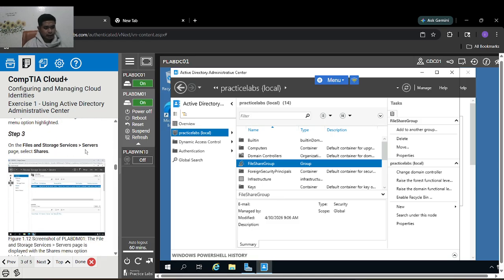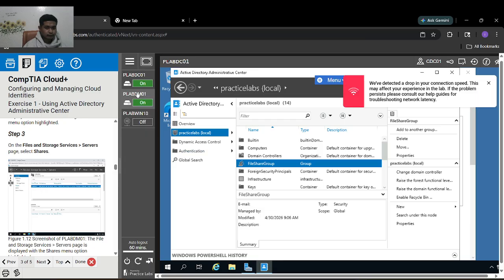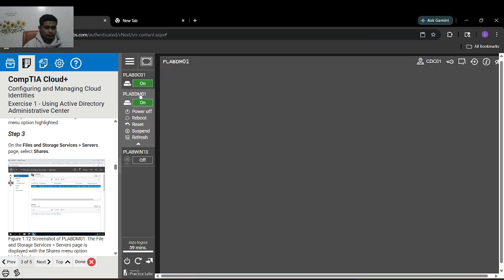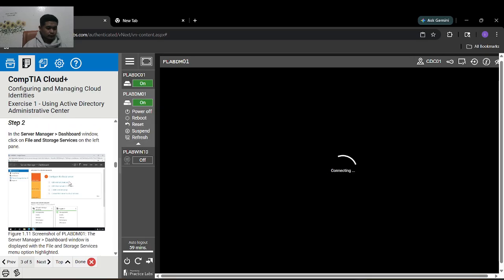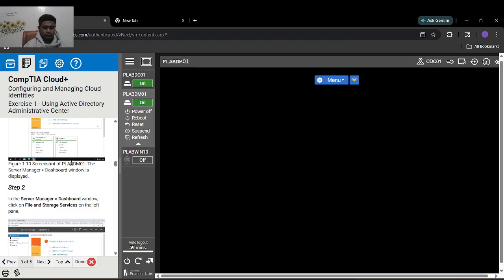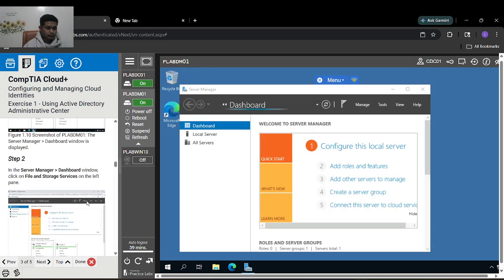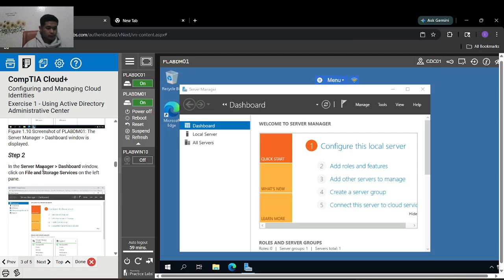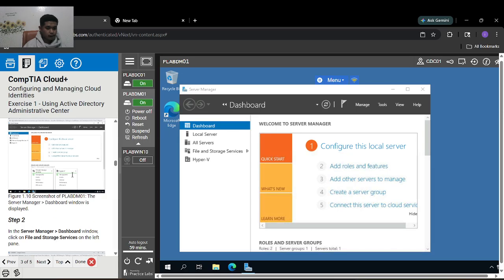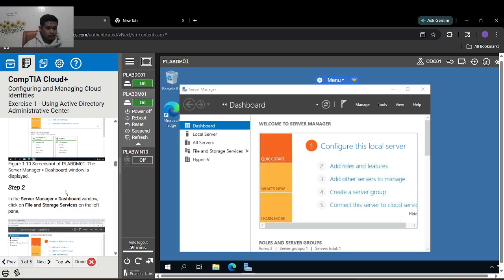On the File and Storage Services servers page, select Shares.